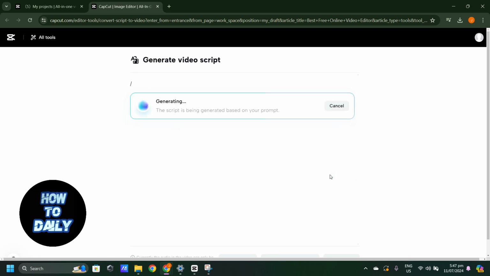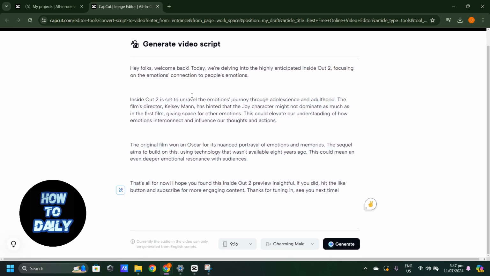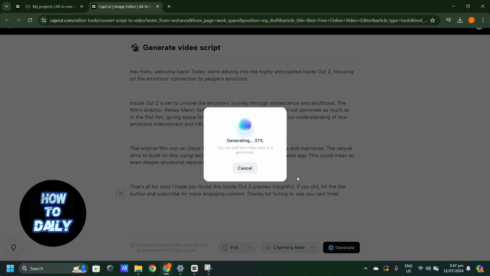Then continue. This will generate a script that we can use. You can edit this, then generate. Smart generation. Okay.